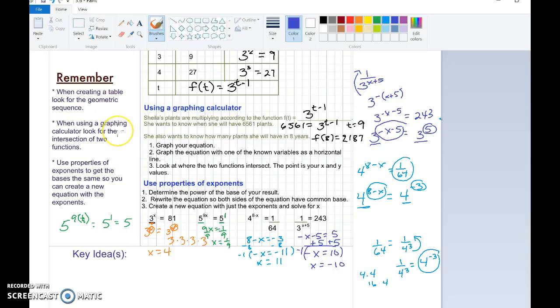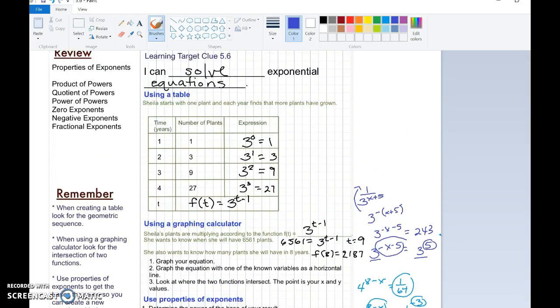When you are using a graphing calculator, you need to have a function that you can graph. So you have to graph your original function, and then you look for the intersection of that function plus a horizontal line, which will represent either the x or the y value, and then you can look for that point, which will tell you what your missing point is. And then if you just want to use properties of exponents, you get your two bases the same so that you can create a new equation with the exponents and just solve for x that way. So that's how we solve exponential